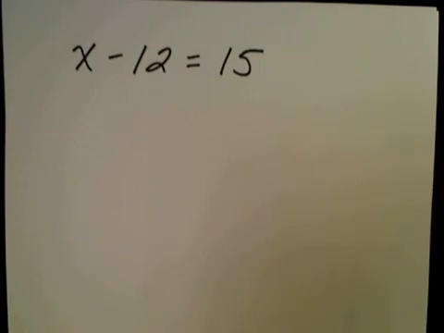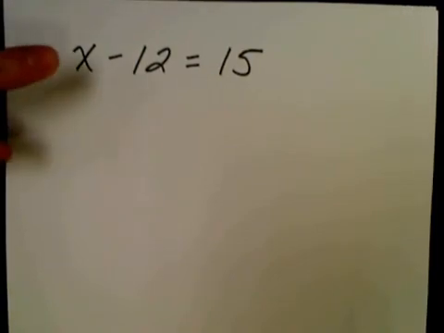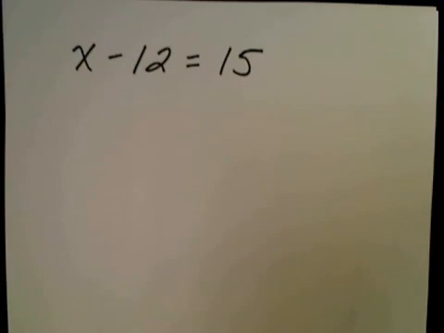Now when we were first introduced to the equal sign when we were kids, we just thought that that meant the answer. 2 plus 3 is. There was that equal sign. Now we're realizing that it's not about an answer, it's about a relationship. The left side is equal or the same as the right side. And now we want to keep it balanced whenever we do any maneuvers here. And our goal is to try to get x by itself. This is like an unknown canister labeled x. And when we take away 12, it's the same thing as 15. So we want to find out what's in that